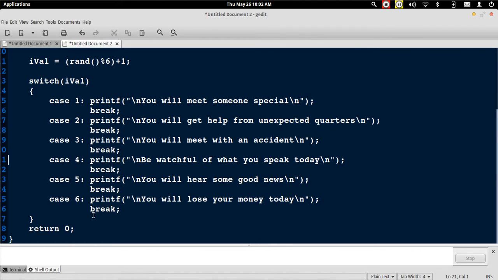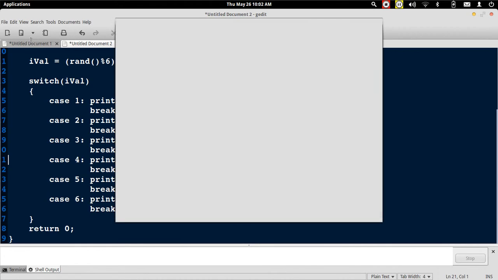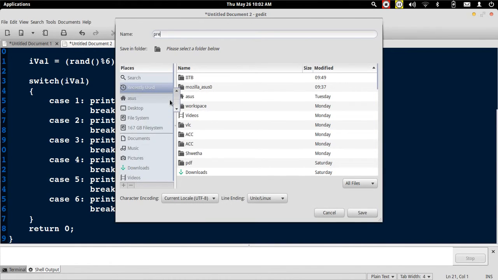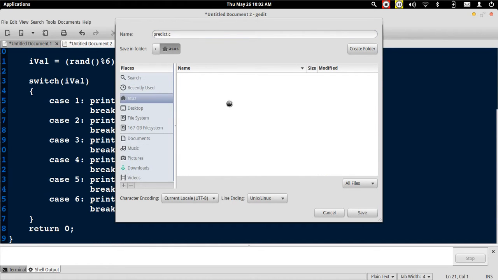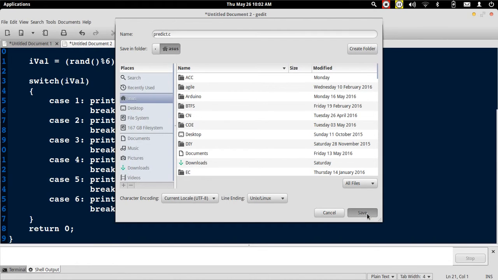Now let's save this program. Let me call it predict.c. Choose some particular folder. I'm just saving it in the home directory.